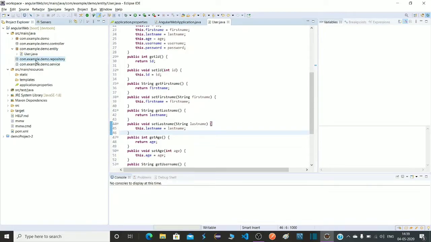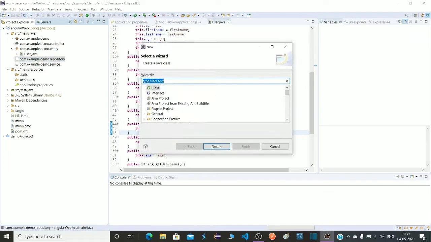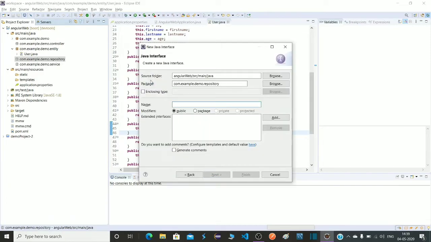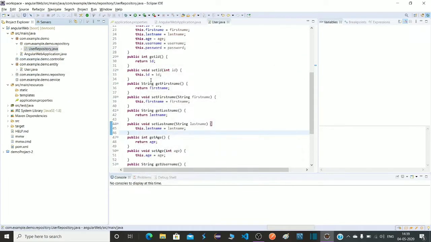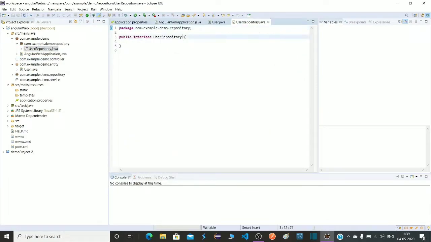Let's go to the repository class and create one interface which will extend our CrudRepository. Let's press Ctrl N, go to the search box, enter interface, click enter. I will name it UserRepository. Click on finish. Let's extend it from CrudRepository.